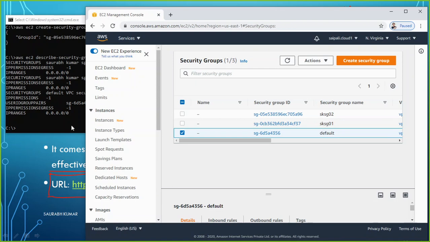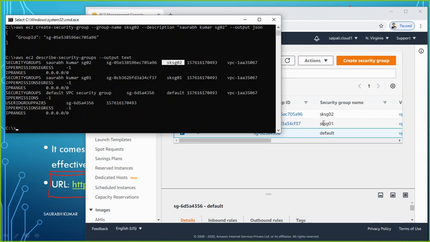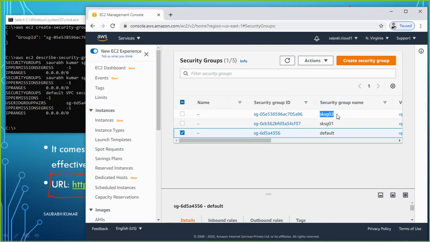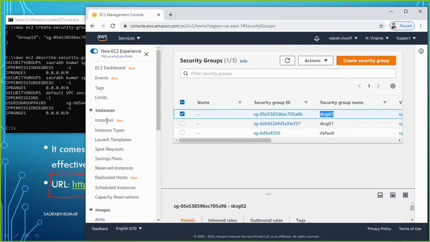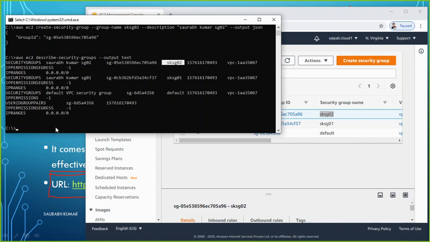Now what do you want to do next? Maybe you want to delete any one of them. Let us try to delete SKSG02. How can we delete it? Simply, the command for deleting the security group, we may use aws ec2 delete-security-group.